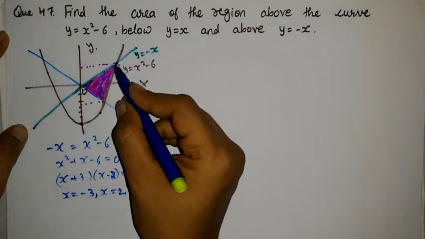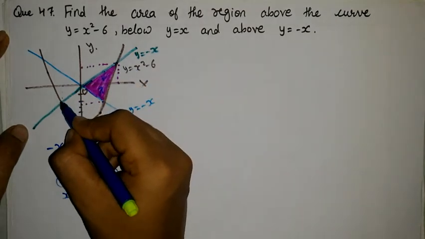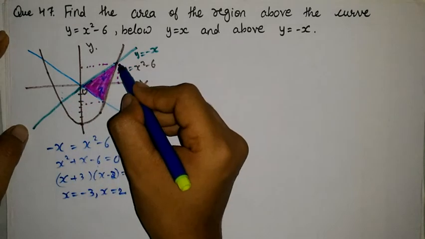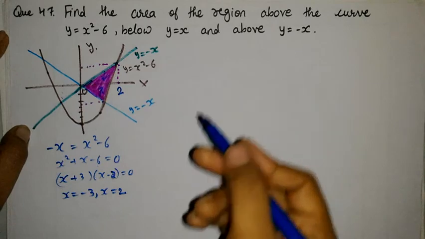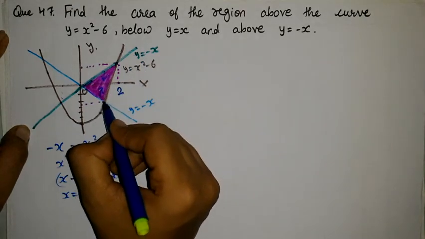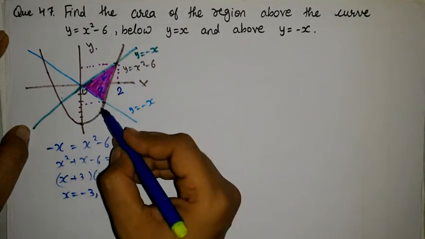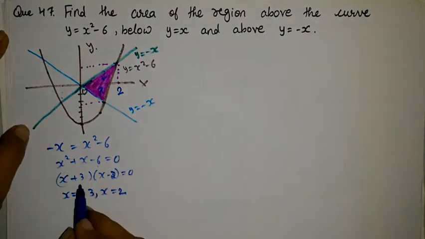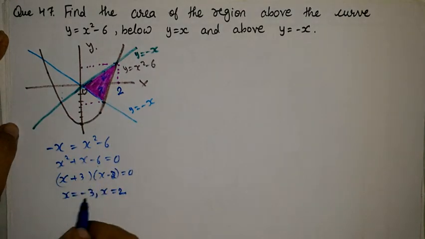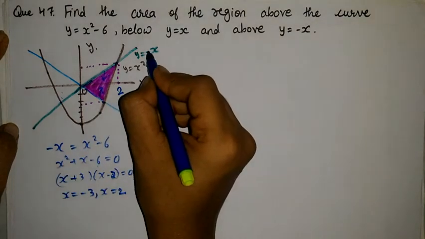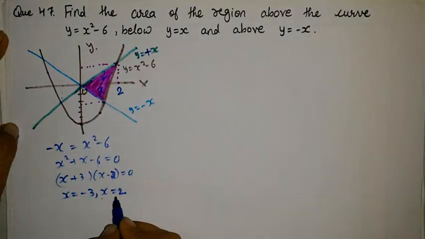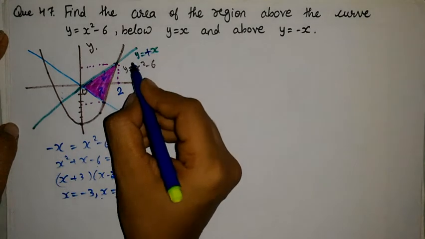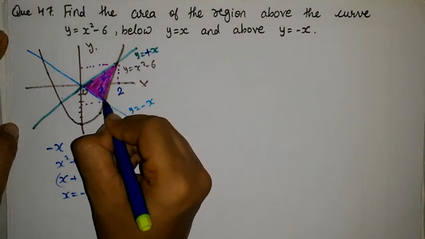So here it's x is equal to minus 3. Here it is intersecting with this curve, x is equal to minus 3, and here it is intersecting, x is equal to 2. So this point is 2. Now let's find this curve, this equation. When we equate this term, we get, it was plus x. So this point we have actually found. So this is x is equal to 2.